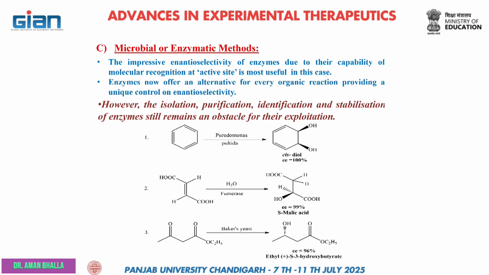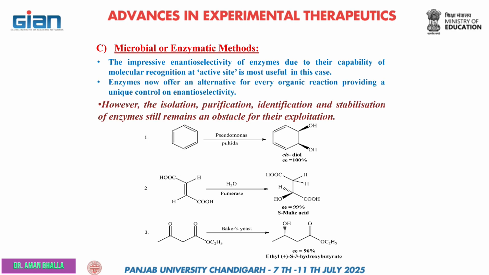Now can you tell me this OH group is below the plane? If your carbonyl is in the plane, OH can come from the upside, OH can come from the below side, but in your product you are getting the OH from the below side. So in these 3 reactions you are getting enantioselective and